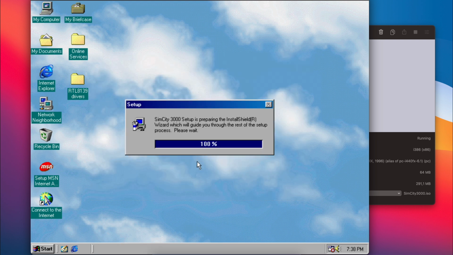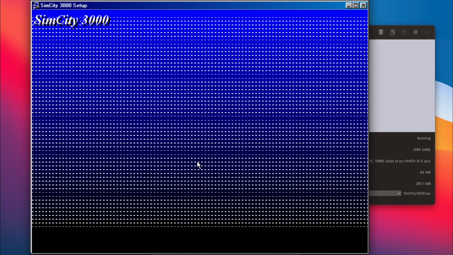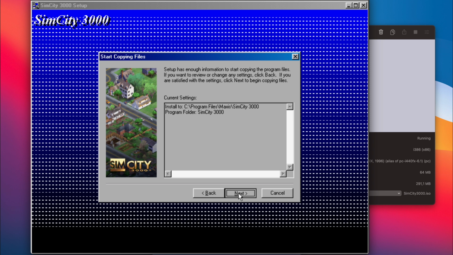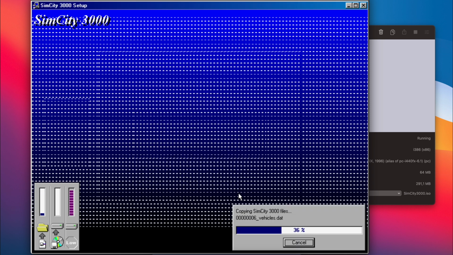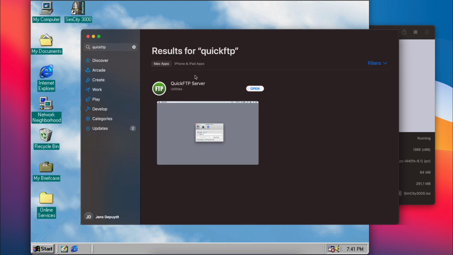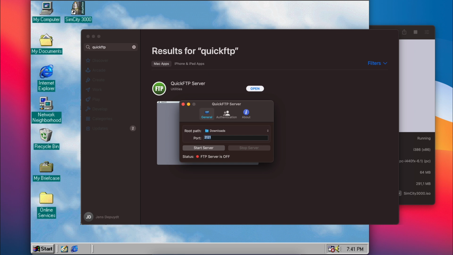In order to easily and quickly exchange files between macOS and the Windows 98 VM, we do need something different. Unfortunately, most modern methods and protocols did not yet exist, or did, but the versions supported became considered unsafe in the meanwhile. After some experimenting and searching, for me, using FTP, although kind of considered unsafe as well today, worked the best. It's not very easy to find a working FTP server for a modern macOS version like Big Sur or Monterey, but fortunately I found an application called Quick FTP Server in the App Store.